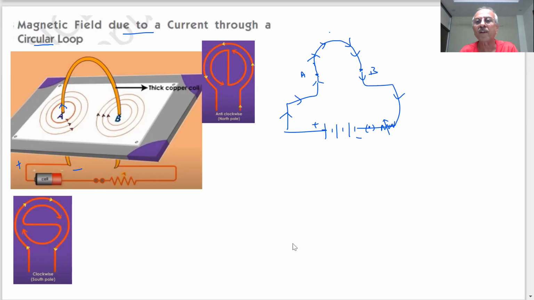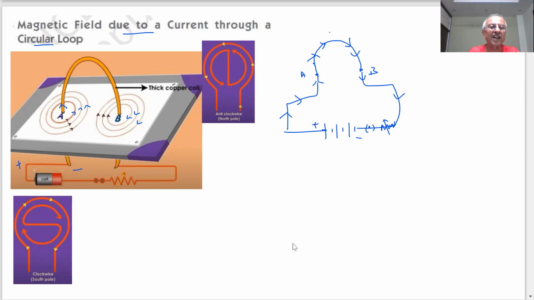This is reversed. If this is reversed, then what is that direction? These curled fingers are the direction of field lines. They are shown by arrows. Can you see? These are the directions in this, and here, this is the direction. Right hand thumb rule is being used to find the direction of this. So the magnetic field due to current through a circular loop, we can perform this activity and find this.